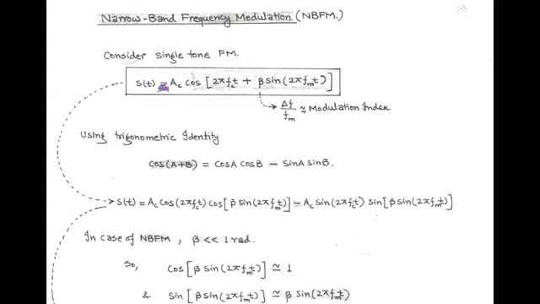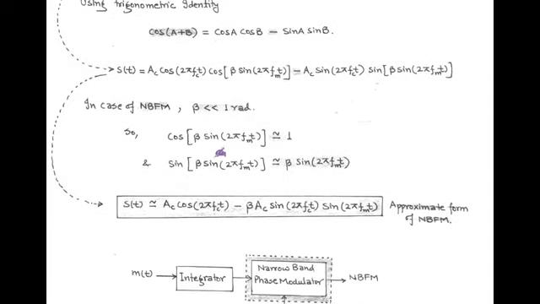As we have seen in the FM equation, there are two terms with cos function. So we can use the trigonometric identity, that is cos(A plus B) equals cos A cos B minus sin A sin B. And the modified FM equation becomes s(t) equals Ac cos 2 pi fct into cos(beta sin 2 pi fmt) minus Ac sin 2 pi fct into sin(beta sin 2 pi fmt). So the single tone FM equation is expanded by using the trigonometric identity.